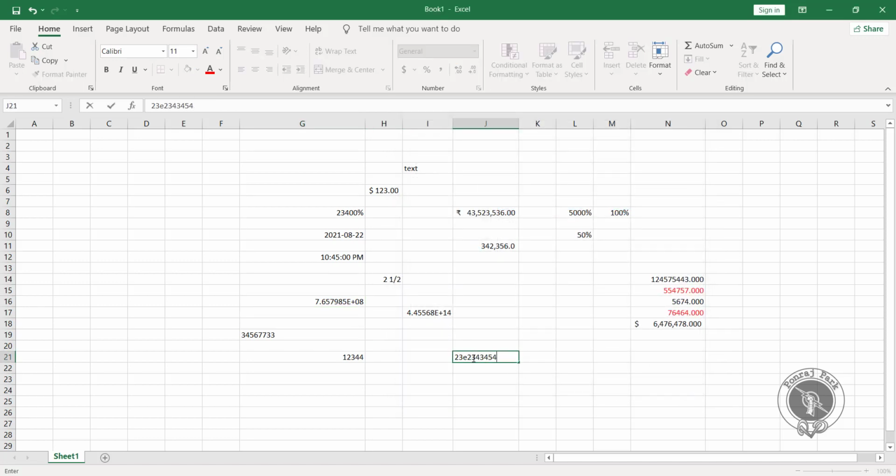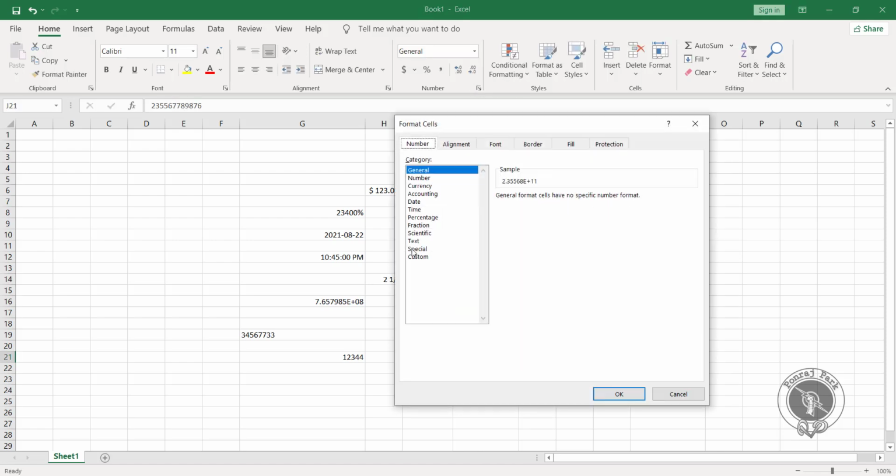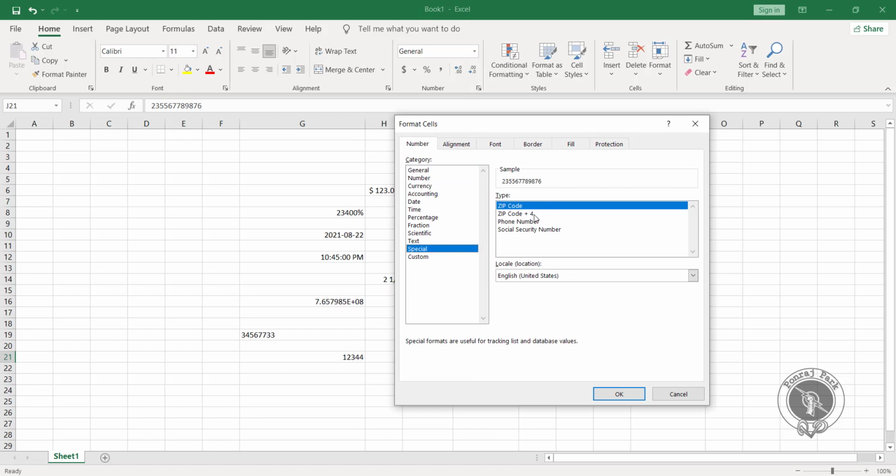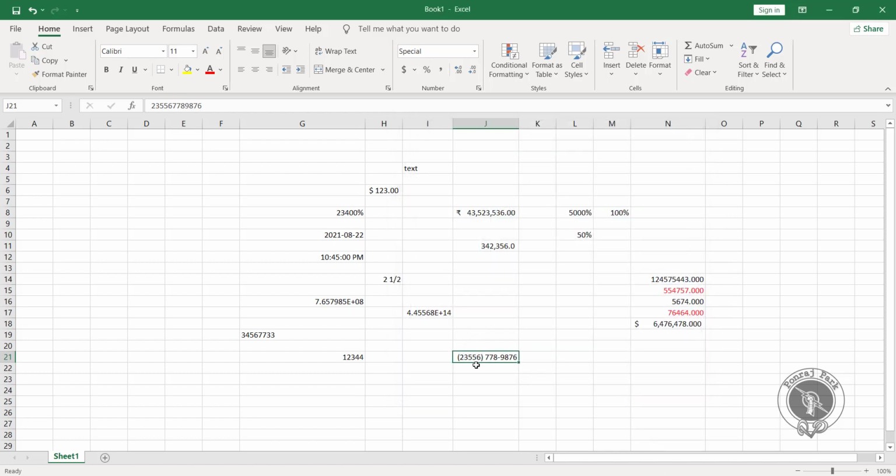Like if I'm entering some number over here, okay, now in this special option, if you have some kind of zip code or phone number, phone numbers are represented in this format.